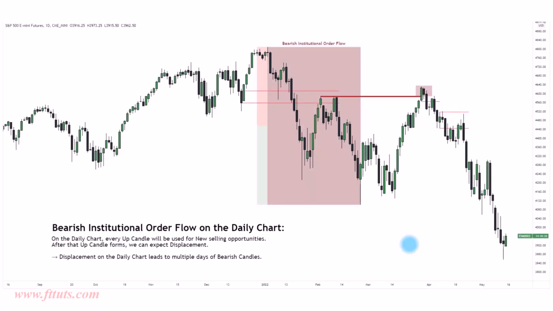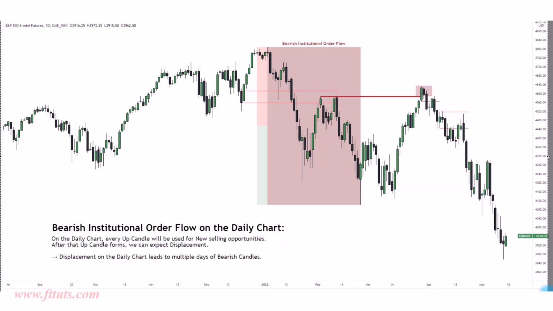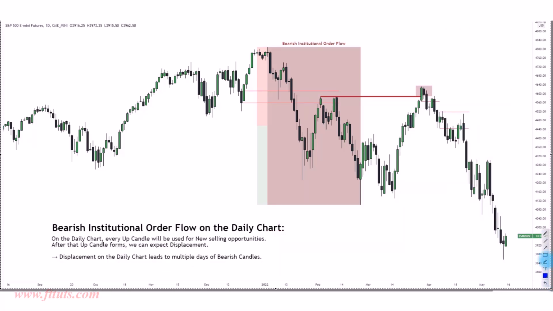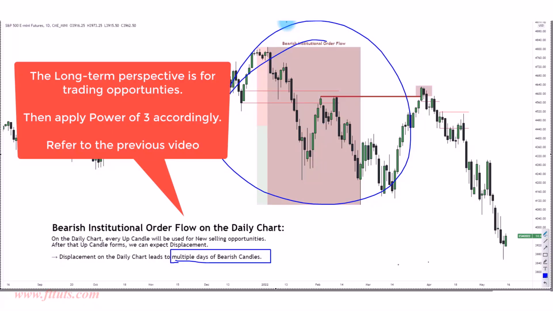So now let's talk about bearish institutional order flow. On the daily chart, every up candle will be used for new selling opportunities. After that up candle forms, we can expect displacement. Displacement on the daily chart leads to multiple days of bearish candles. Now, why is this very key for us day traders? Well, this is key because we're not looking for opportunities to enter on the daily chart, but we're looking for opportunities. So once we say multiple days are going to be bearish,